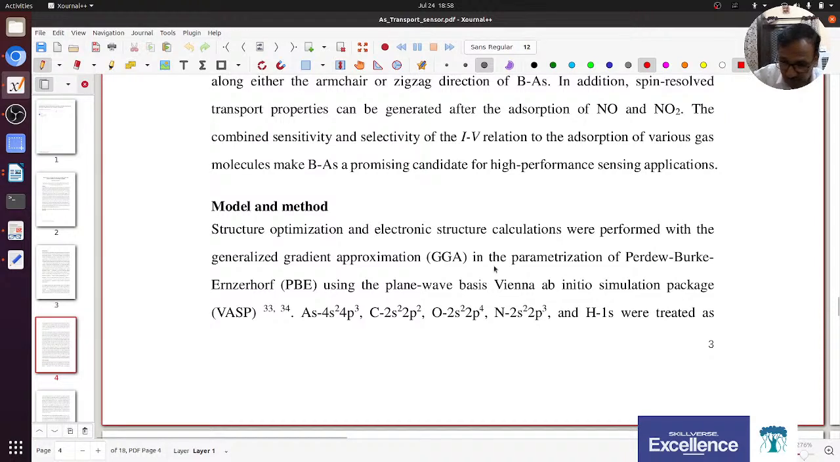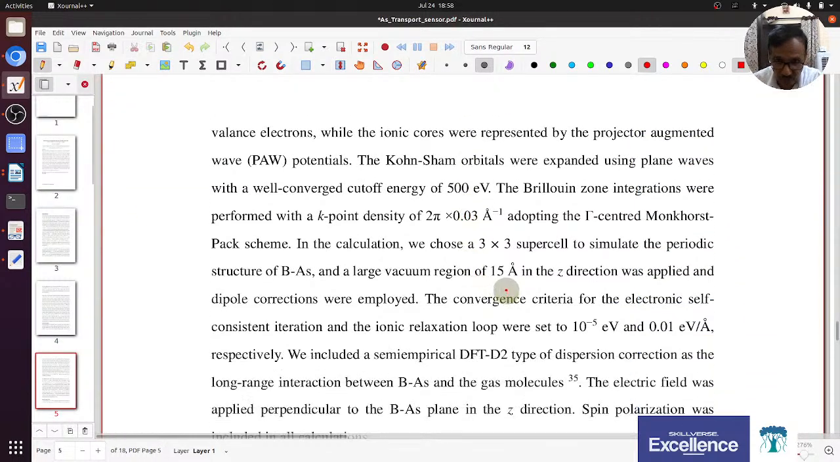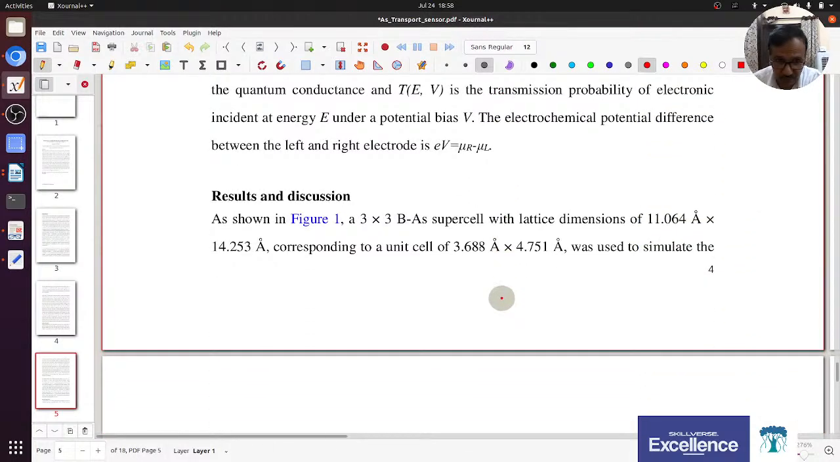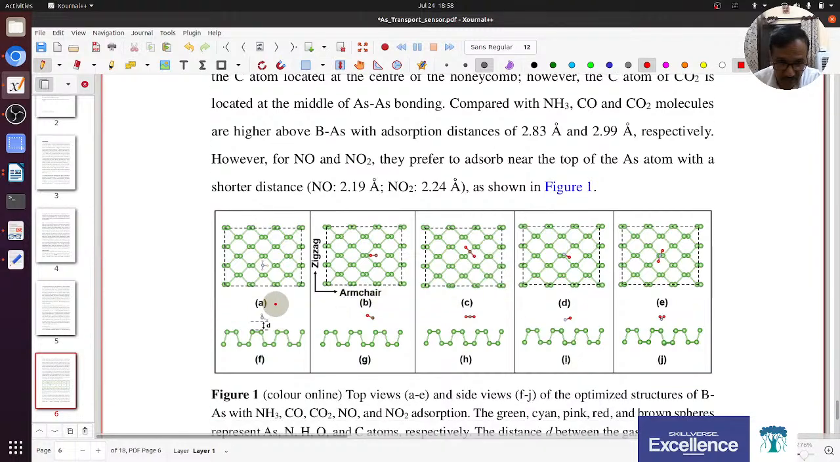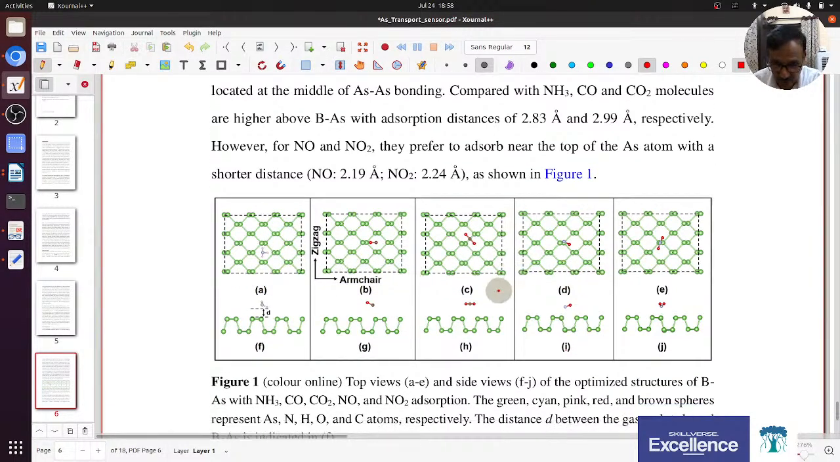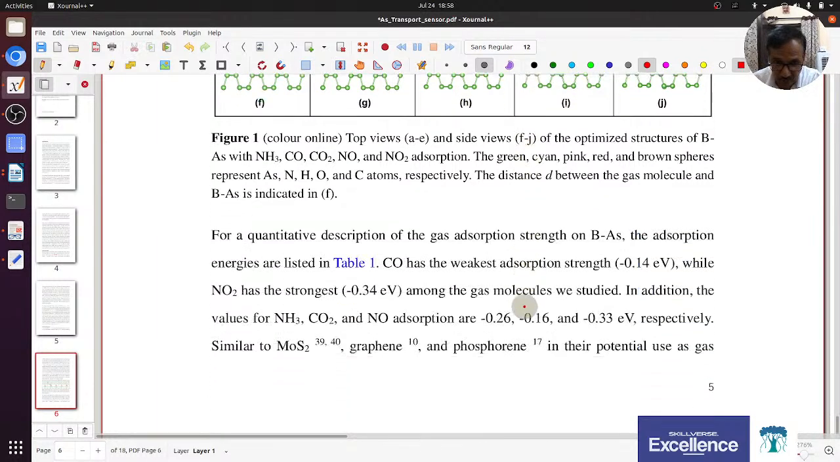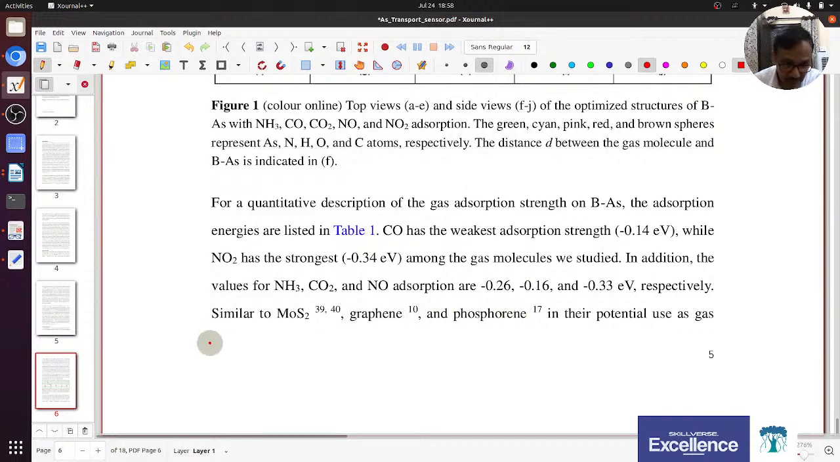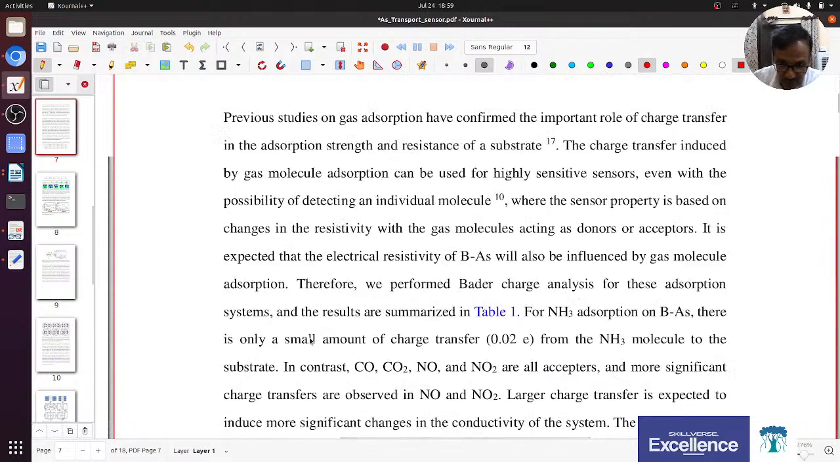This is that GGA type studies. So here, this is that nano ribbons, and on these nano ribbons, these are the molecules which are used to interact with the nano ribbon. And here I think he has tried to calculate